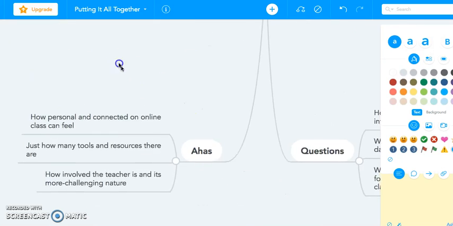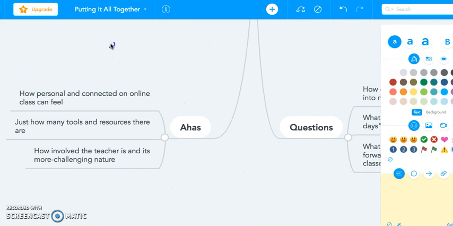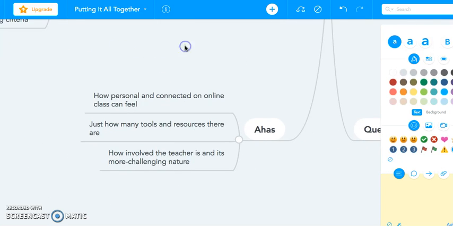All right, last thing that I'm going to talk about are the ahas and the questions that I still have. So let's start with the ahas. One of the biggest things that I took away from this is that online teaching is very similar to face-to-face teaching, but also different.